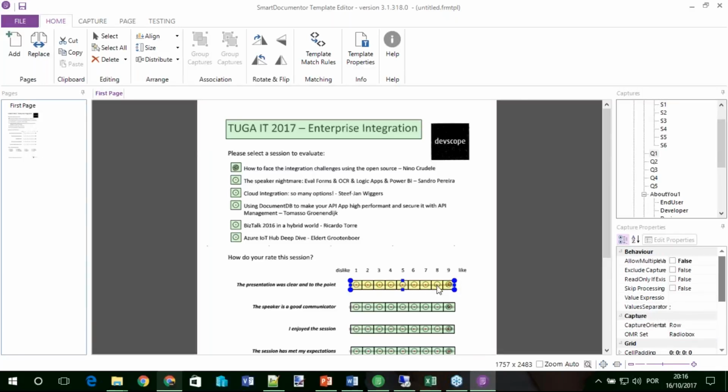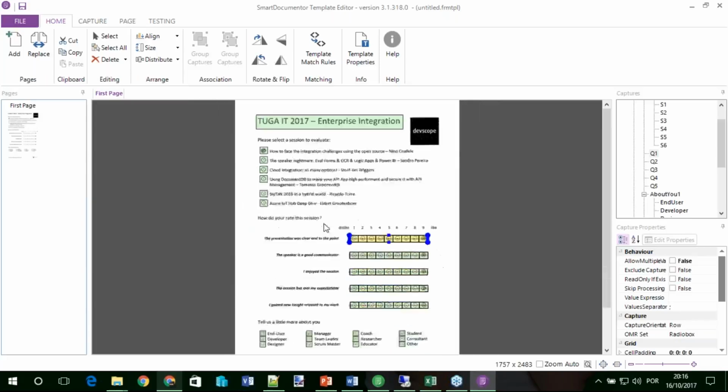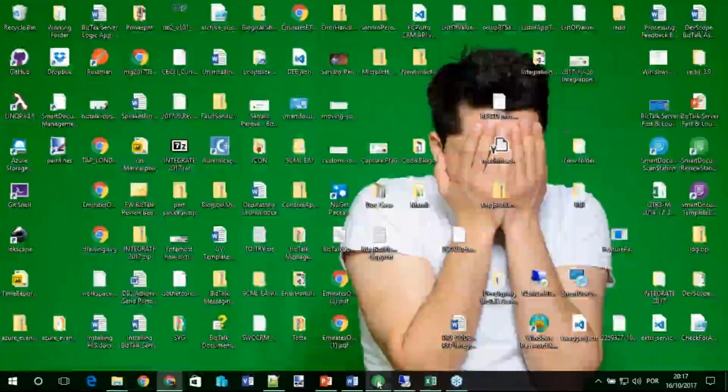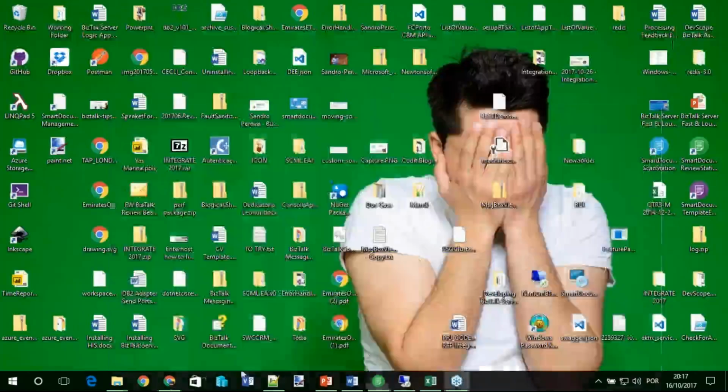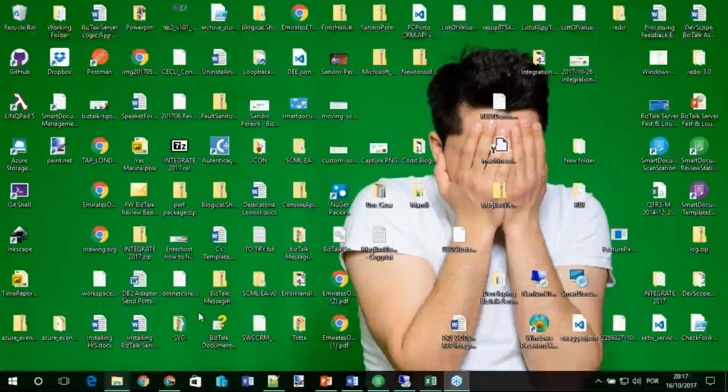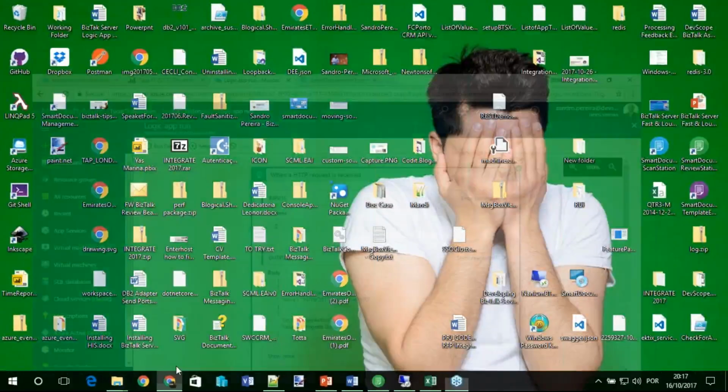In each of them, it will analyze and see where the bullet is selected and so forth. Basically, I just connect the templates with the OCR engine, and it will automatically understand what templates I'm using and extracting, and send that information to Logic App.